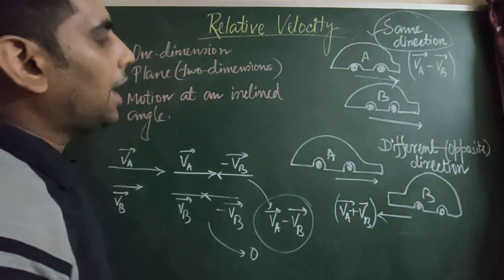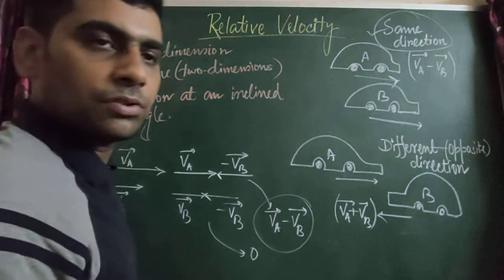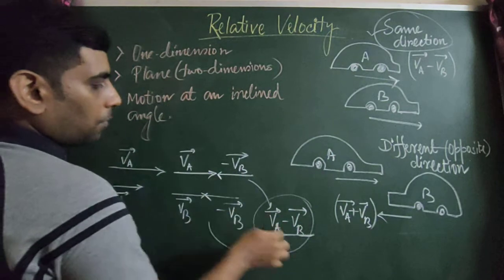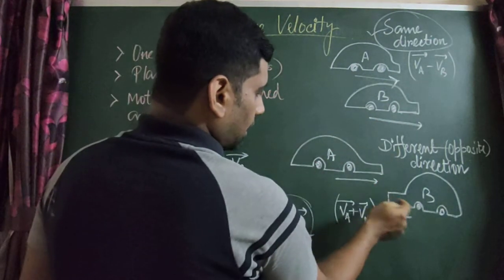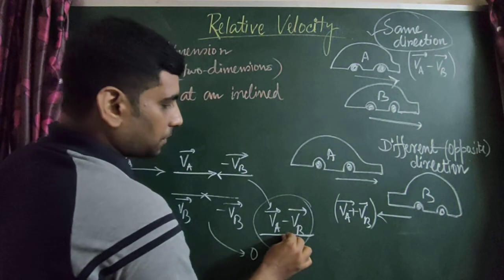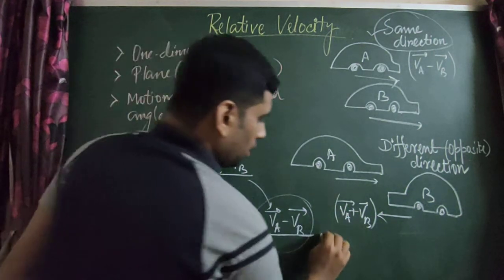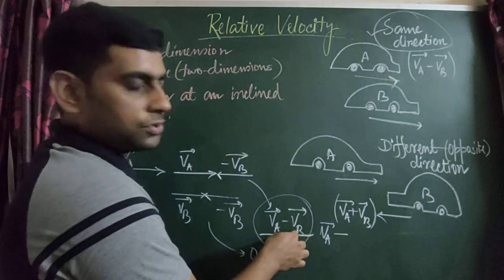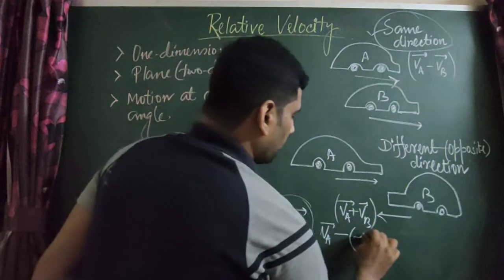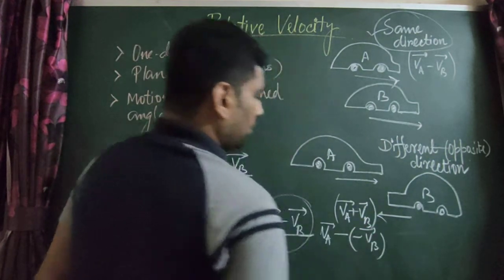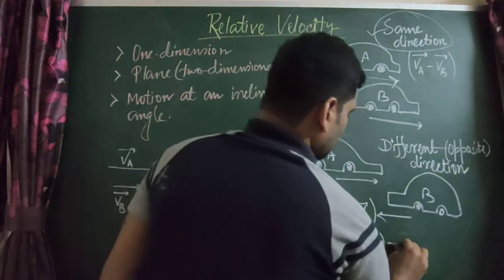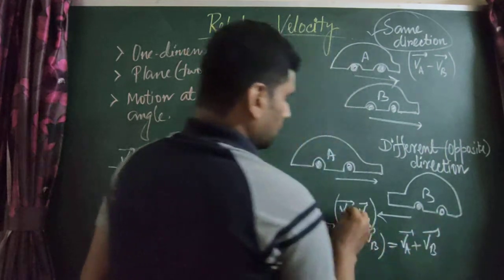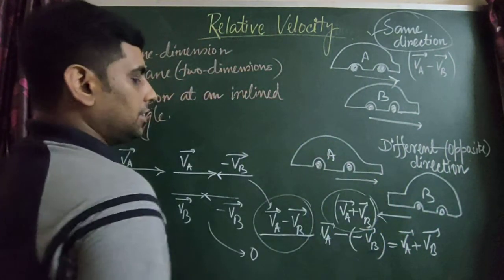And also, if it moves in the opposite direction, then how to do that? From this equation, if A and B are in opposite direction, like this case, we can find out VA minus, now see, as I have said that it is in opposite direction, so minus of minus VB, because the directions of A and B are different, opposite. So it becomes VA plus VB. As you can see here, I have shown that this becomes the addition.